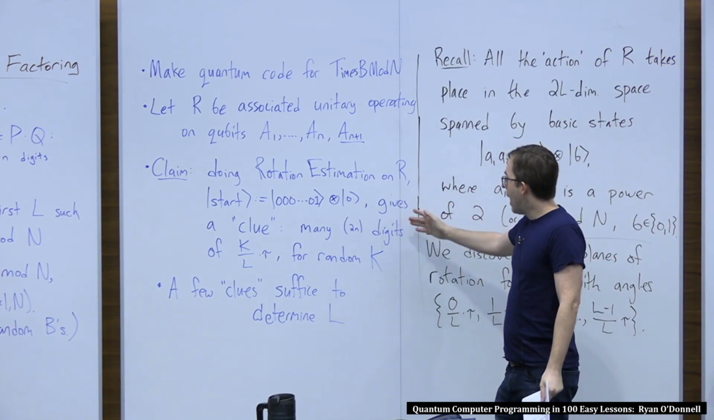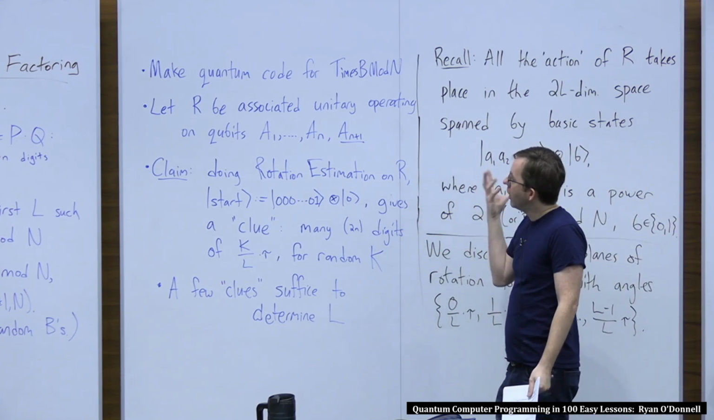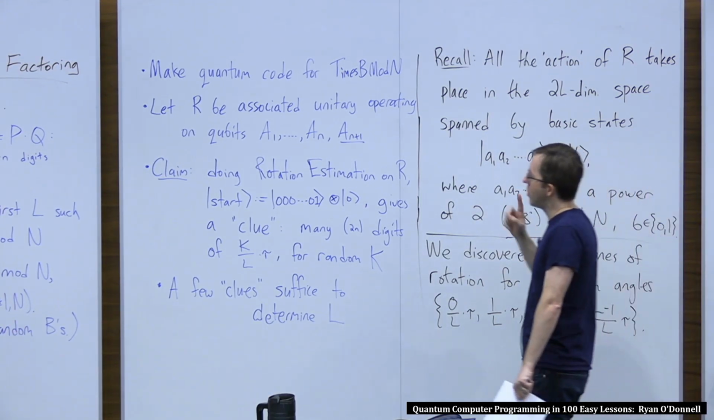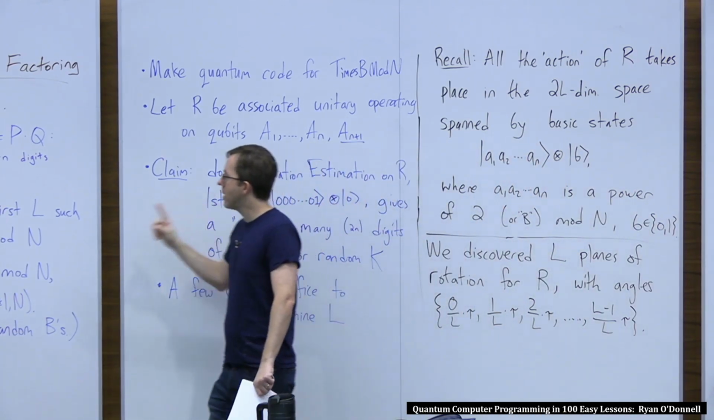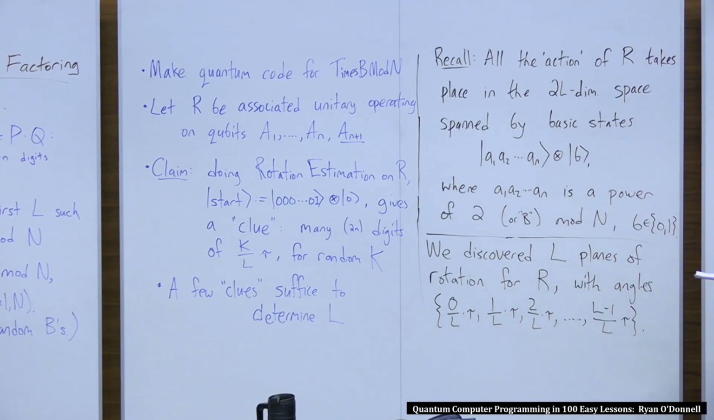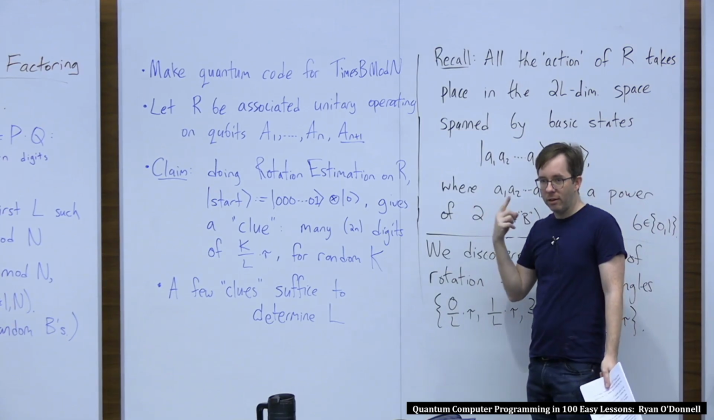Right, so the plan for figuring out L was to do our key quantum subroutine, rotation estimation, on this unitary, capital R, which cyclically permutes the powers of b, or the powers of 2. And rotation estimation needs a start vector, which in the best case is in one of the 2D planes of rotation for R. And then if you manage to set that up, you'll just get back the angle of rotation